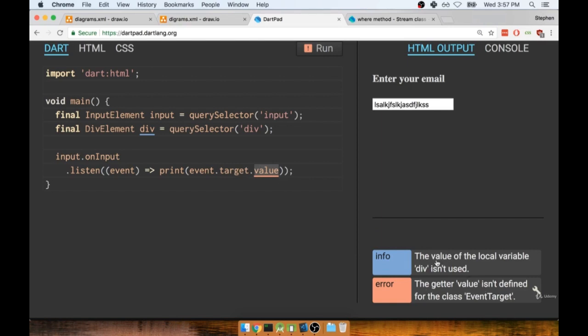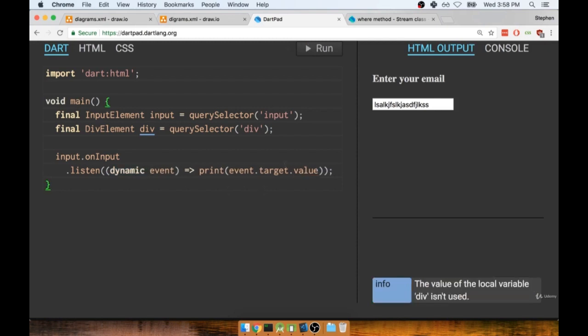Now you'll notice that we get a message down here saying that the getter value is not defined for event target. So this is something we haven't quite spoken about just yet. When we get values through a stream, technically these values are typed. But this is something that's way more closely related to the HTML side of Dart, which is not relevant for us because we're really just concerned with Flutter. So to fix up this error message, I'm going to mark the type of event right here as just being dynamic, which essentially is going to tell Dart just like, hey, don't worry about the type issues here, just do your job. So if we now run this and try it out again,